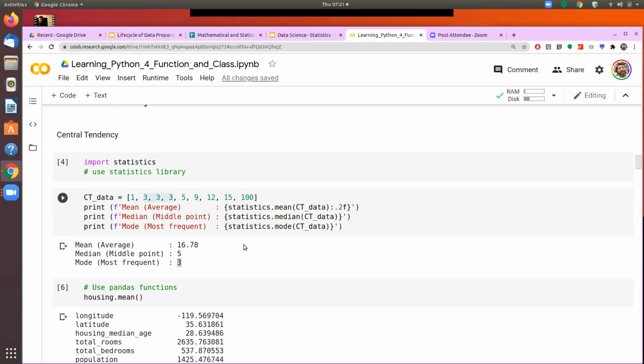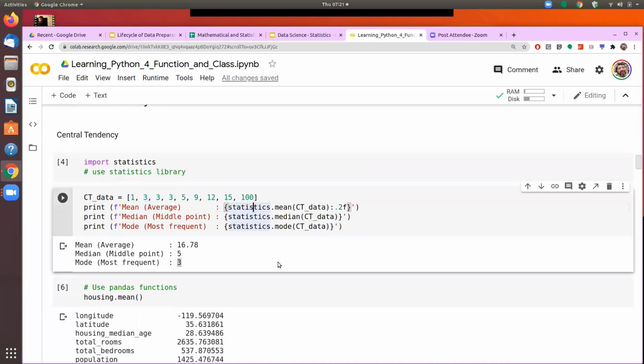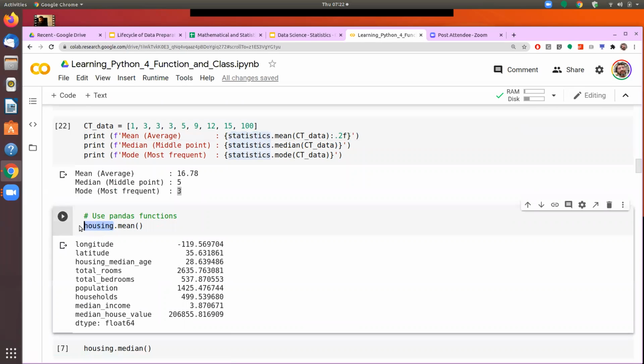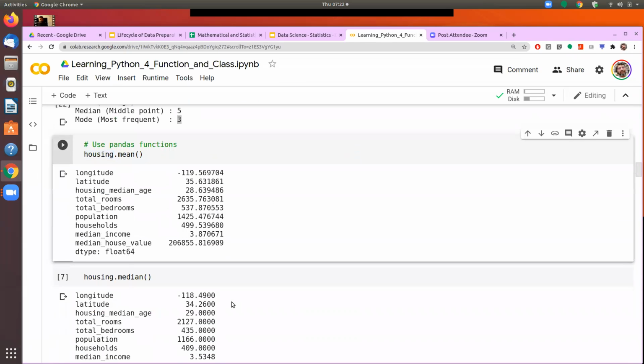It is the central tendency. We can compute that by using the library statistics, or we have the inbuilt function in pandas. So I just give the data frame name and then say mean. It will show me the mean of all the numeric columns that we have, and that's what we get here. So it becomes very easy to operate because that operation is being done on the entire data set immediately. So at some places you may like to use the library statistics. At some places you may like to use the inbuilt functions of pandas for getting different measures of statistics.